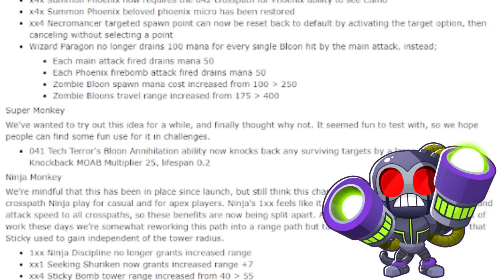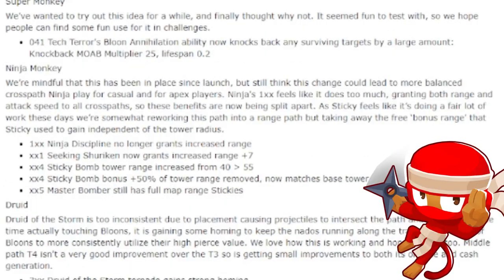Now, another big change though, getting straight back into the swing of things, is the Ninja Monkey. We're mindful that it has been this way since launch, but this is so that Ninja Monkey can be a little bit more balanced for casual and Apex players, as Ninja Discipline is a little bit too strong. Ninja Discipline is kind of the go-to upgrade for a base Ninja Monkey. So instead now they've removed that and they're putting it on Seeking Shuriken instead. So, do I think this will change much? Somewhat. It may end up hurting Ninja Monkey just a little bit. However, the reality is that you're still going to end up going for both of those crosspaths for the most part. Where this really hurts, and where it didn't need a nerf,